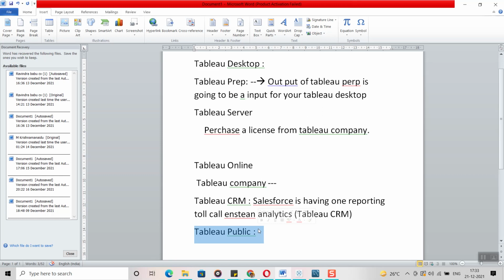And guys, we have a few more products. Any doubts, guys? One question: can we publish data from Tableau Desktop to Tableau Public? Yes, we can. Tableau Desktop to Tableau Public server, we can. From Public to Desktop, we cannot.